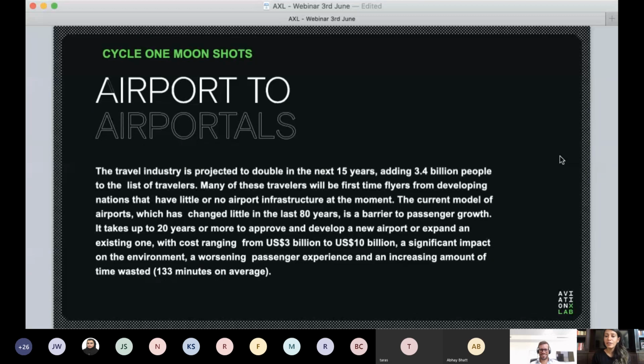So when we came to think about this challenge, we thought, all right, how do you really streamline the passenger experience? But more than just quick solutions such as the ones we have today, like the Smart Pass or biometrics, how do you really take that completely forward and streamline the entire passenger experience? And then we're also thinking about it from one level above that, which is the airport infrastructure, right? If you think about the airports today, they've only been continuing to expand in size and cost and infrastructure. And with a lot of these things come a lot of processes, and a lot of processes means more passenger